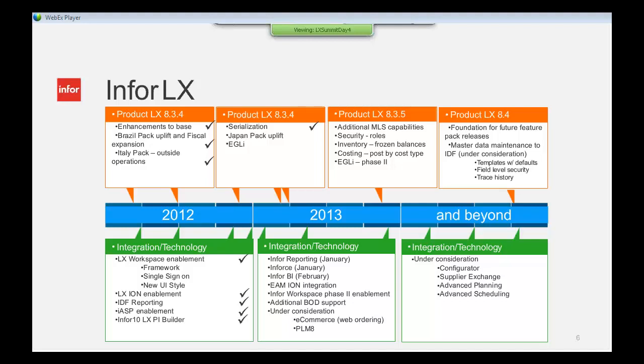So we designed 8.3.0 when it was released to have all the database changes that we could foresee in the near future to support those future releases and the additional enhancements our customers were requesting. So that's run its lifespan for the most part, and with 8.3.5, that will be the last feature pack within that 8.3.0